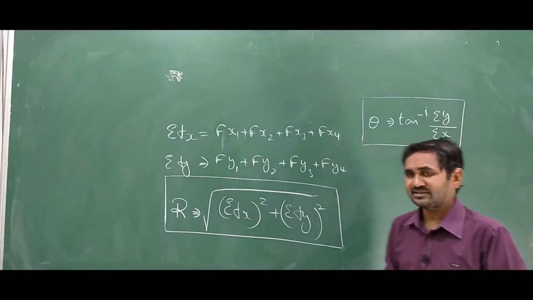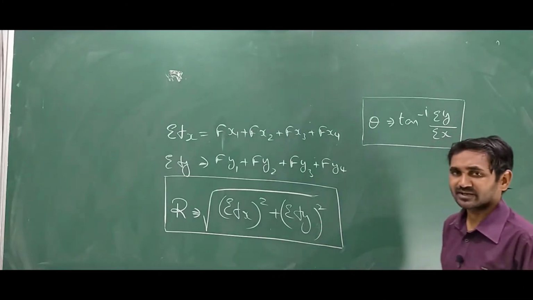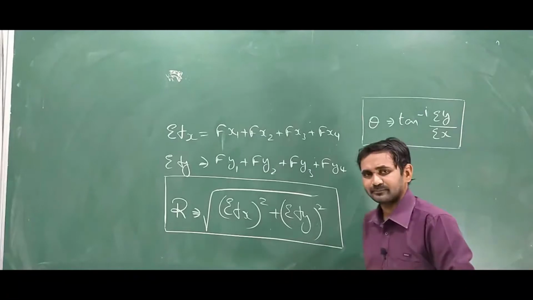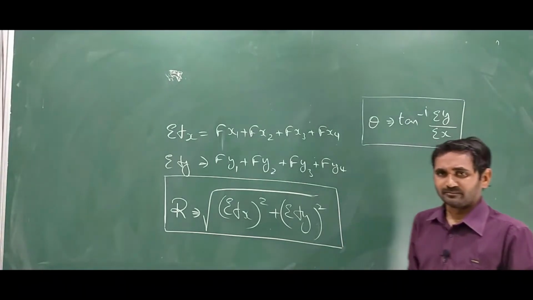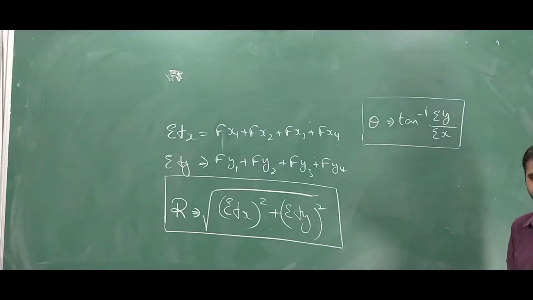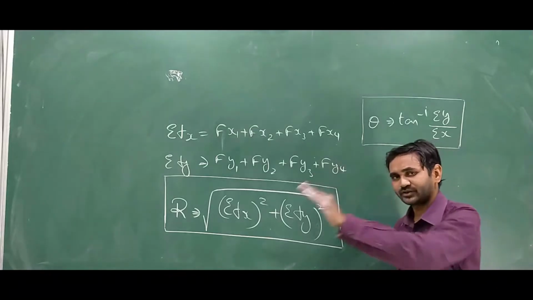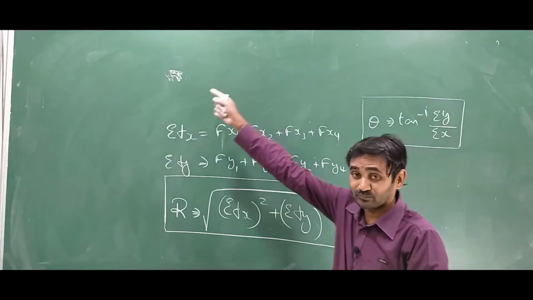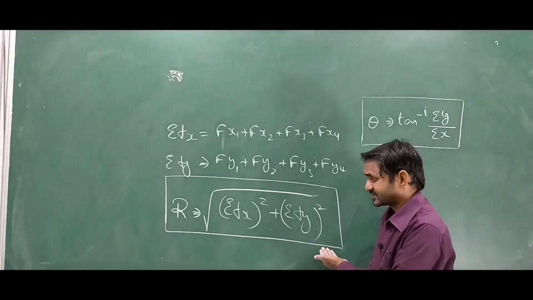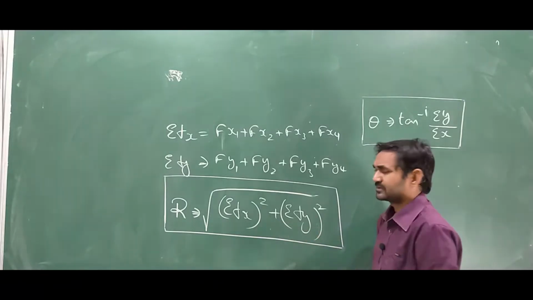And now in this polygonal law, r equals square root of sigma x square plus sigma y square. The problems are getting bigger, but the solutions remain the same. When two forces are acting, you use the resultant method. When three forces are acting, you use Lami's method. When it is more than three, then you have to use this. You can have 6 forces, 7 forces, 8 forces, plenty of forces, but the formula will be the same.